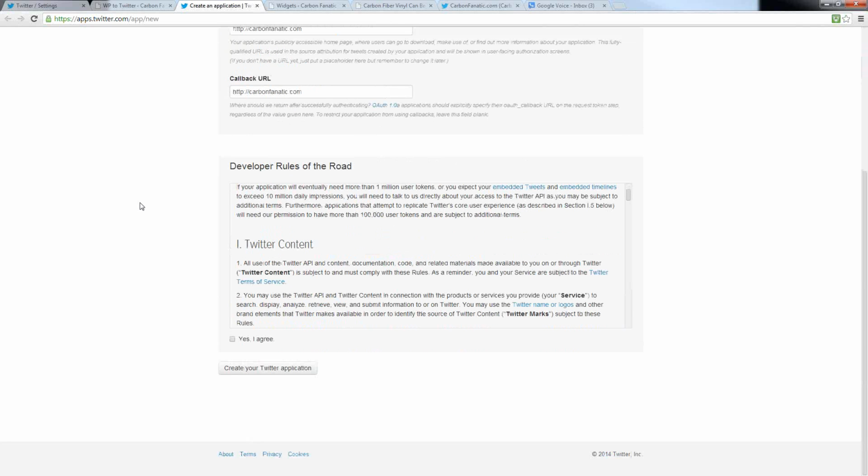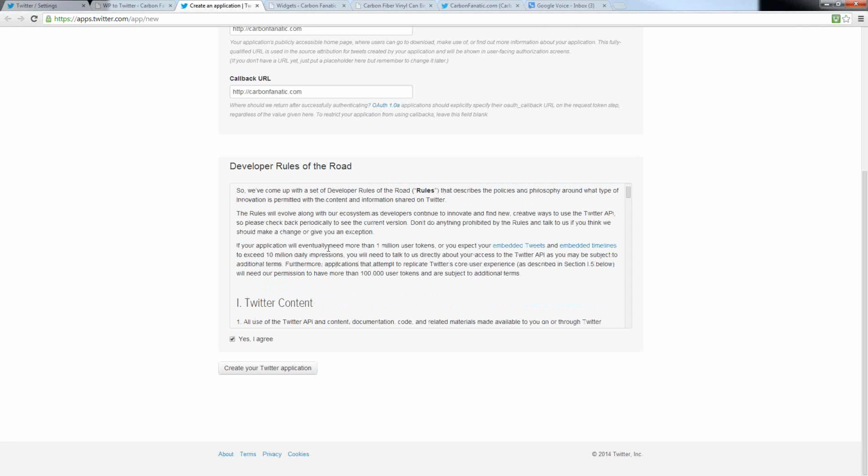Now once you get done with those settings, scroll down here to the bottom. We have these developer rules of the road. You simply need to agree to these rules. Now ultimately there are some restrictions in here, but you don't really have to worry too much about